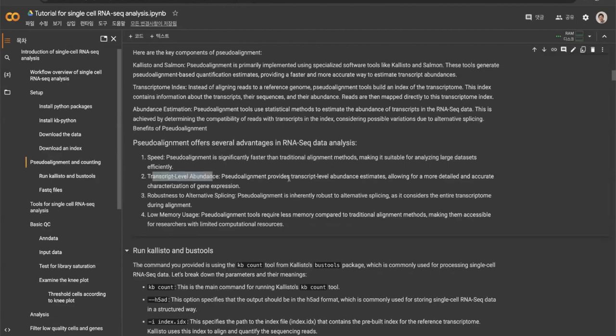So pseudo alignment, as I said, does the quantification at the transcript level. So you can have a more detailed and accurate characterization of gene expression. You can go through each transcript. And after that, it is very robust to alternative splicing. As I mentioned, if you go through the gene level, you're not going to see any isoform expression, but this time you are looking at the transcript, so you can basically take all the alternatively spliced forms of the gene into account, right? And pseudo alignment is very good for memory usage, which means that you're going to use